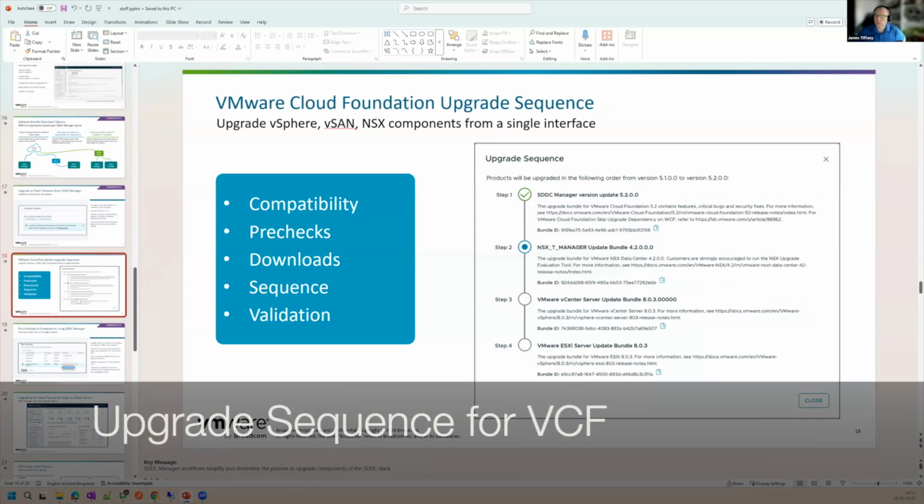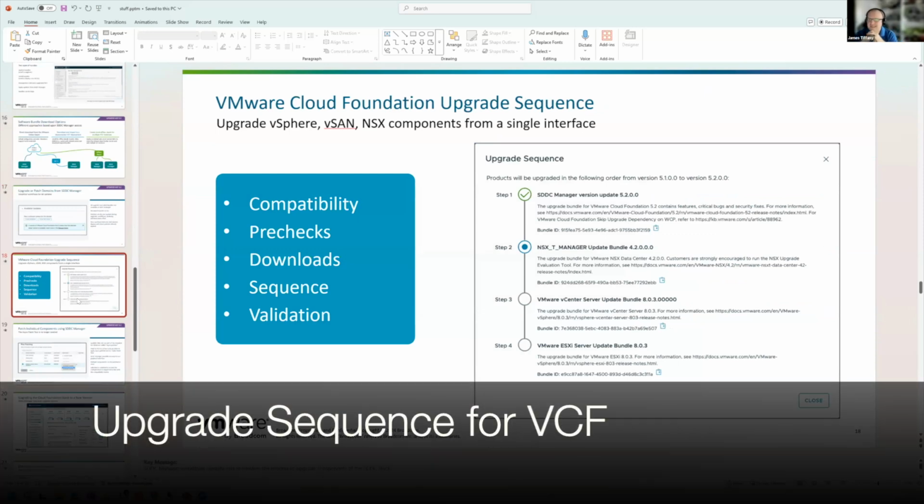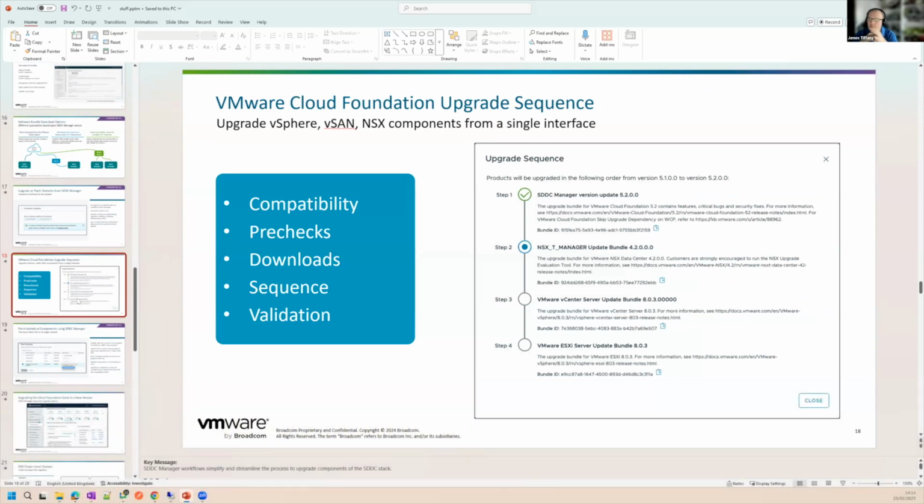And what else does the SDDC Manager and VCF give you above, because you could go in and, like I said, apart from the compatibility stuff and things like that, you could go in and upgrade your NSX Manager, your Virtual Center, and your ESXi manually. That in non-VCF environments, that's still fine. But what VCF gives you is